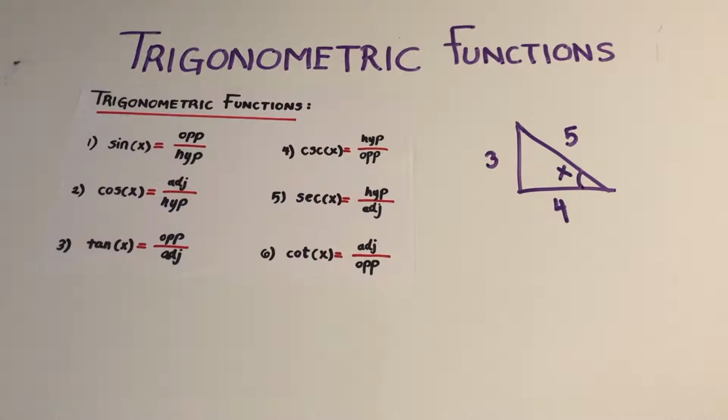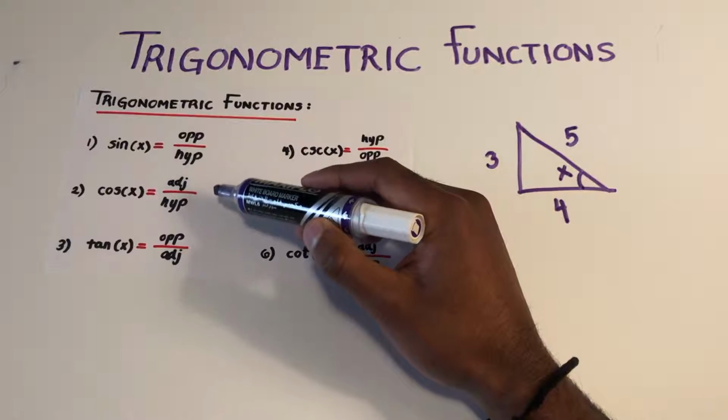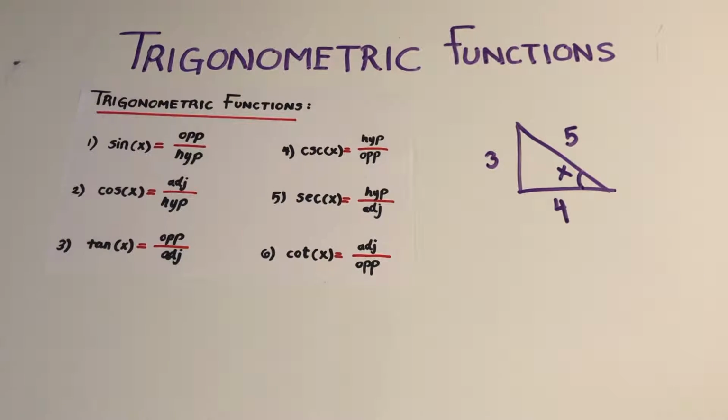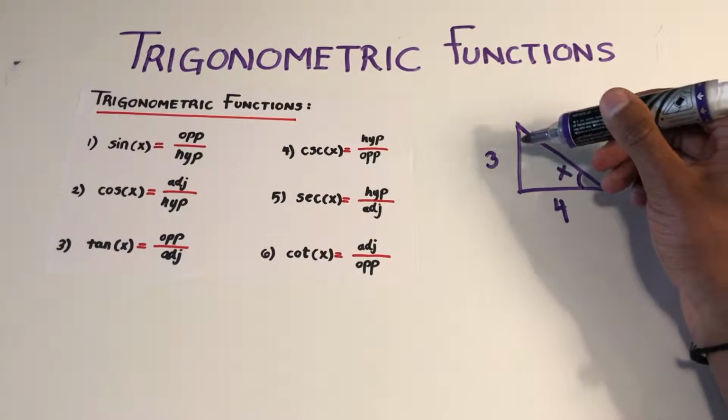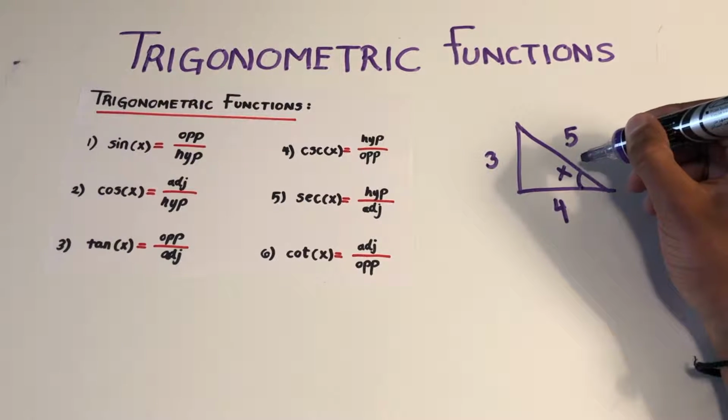One thing you should keep in mind is that written next to each trigonometric function is the ratio of the length of the two sides of the triangle. Now, before we begin using these functions, it's important to know the measure of each side of the triangle before proceeding with the problem. And it's also important to determine which side is which in reference to the angle you're studying. So assuming we have a right triangle with these sides, and assuming we chose this angle right here,